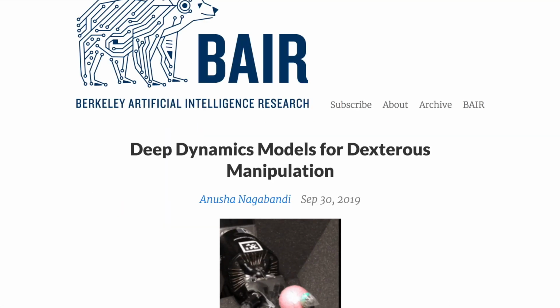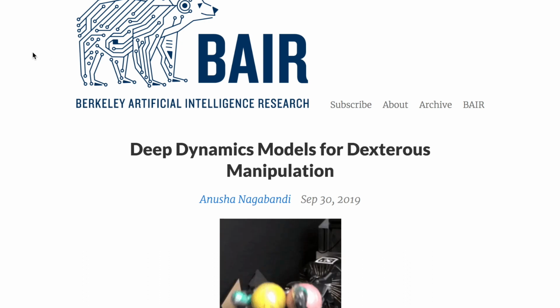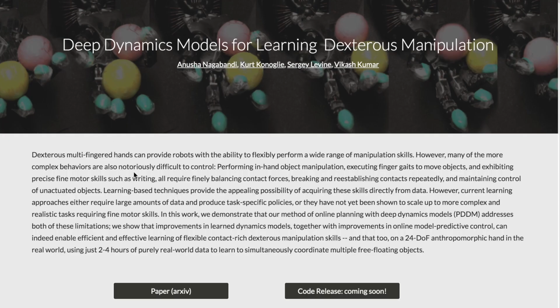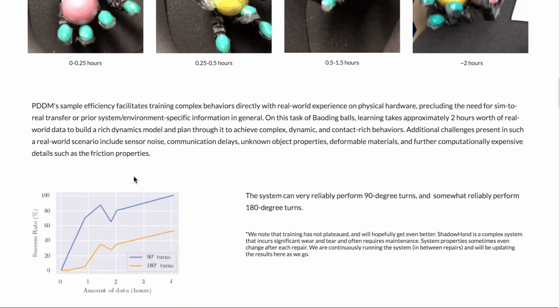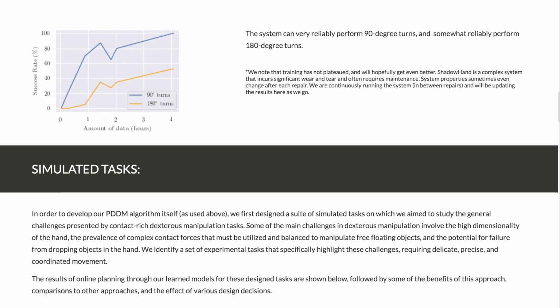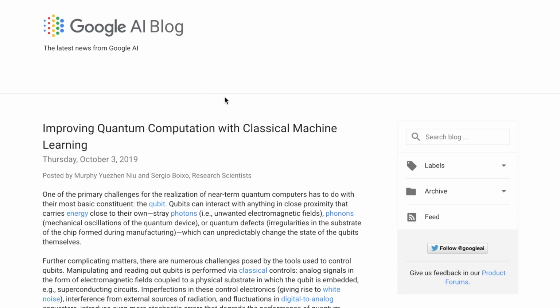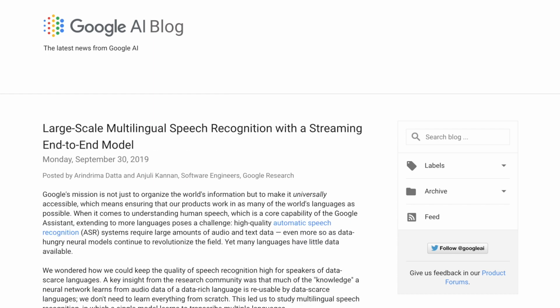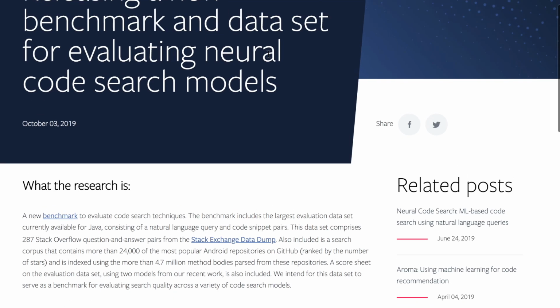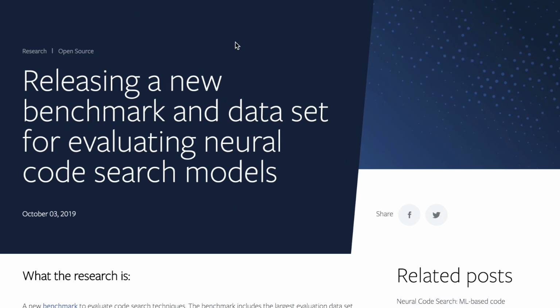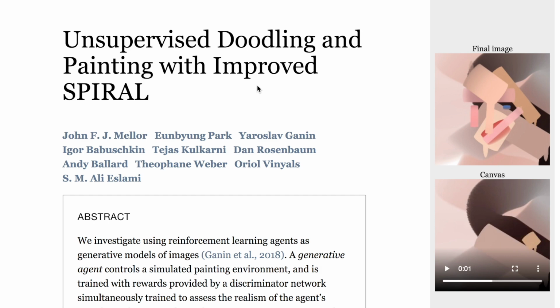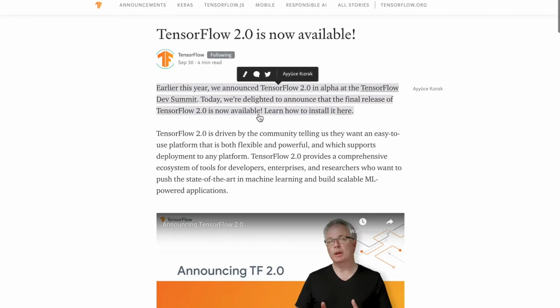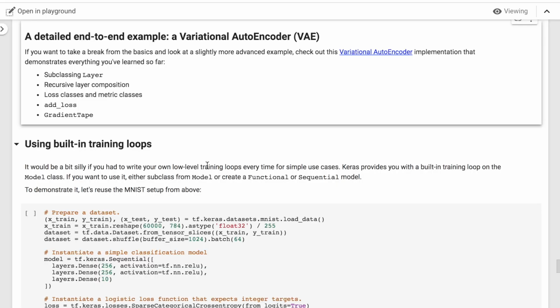This AI Weekly Update will cover the path's perspective on value learning, a tutorial from the Distill publication, the deep dynamics model for Dexterous manipulation by Berkeley's AI Research Lab, as well as their site page showing you more details about the training and the algorithm itself, Google's using reinforcement learning to control quantum computers, the release of new datasets for paraphrase understanding, multilingual speech recognition system, Facebook's release of new neural code search datasets using Stack Overflow question-answer pairs, the SPIRAL++ model from DeepMind, the release of TensorFlow 2.0,